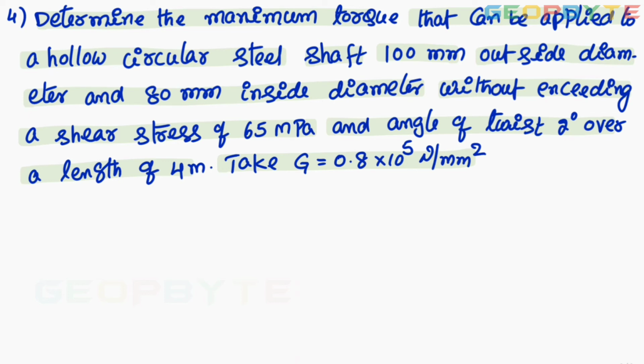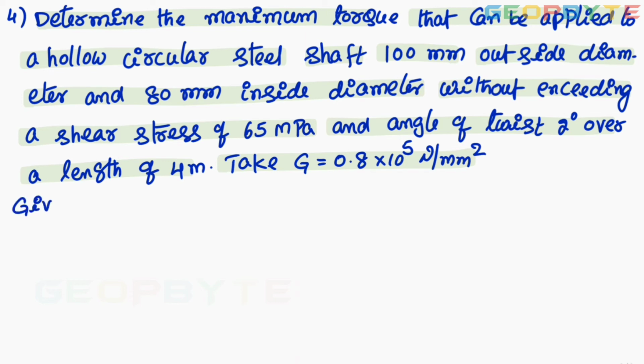For this case also, you can decide the torque based on the shear stress and a torque based on the rigidity. Among these two, whichever torque is least, that you have to take. Diameter wise, greater of the two values should be selected, whereas the torque should be as minimum as possible for safe operation of the shaft. Therefore, the minimum torque should be selected as a suitable torque. Let us do that part.